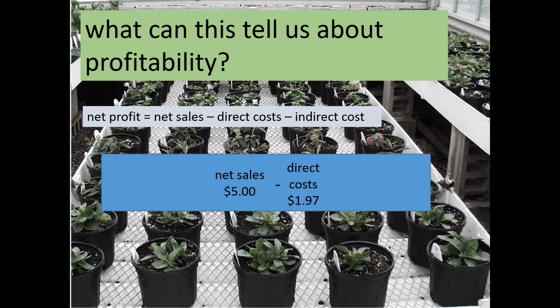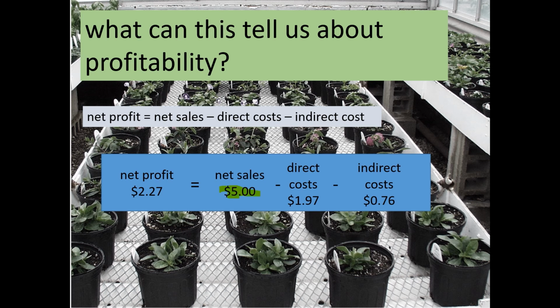The geranium cost us $1.97 in pot, soil, and cutting, and our indirect costs cost us 76 cents. Then we would assume that the net profit is $2.27. But what assumption did we just make? Right, we made the assumption that I'm selling every one of those geraniums, that every geranium that I grow gets to sale.